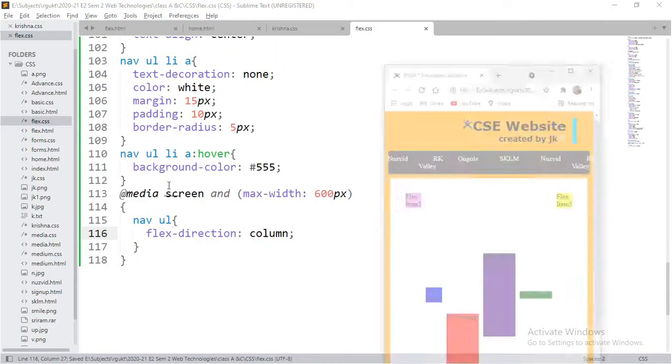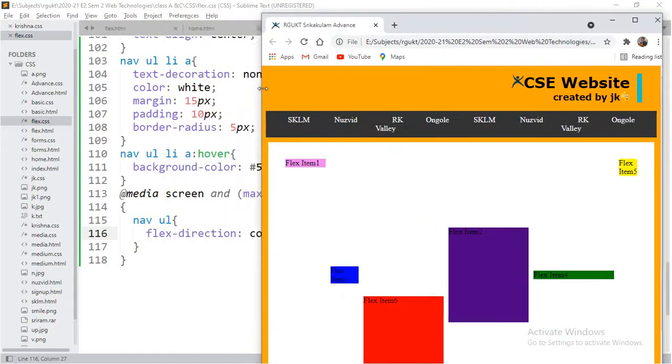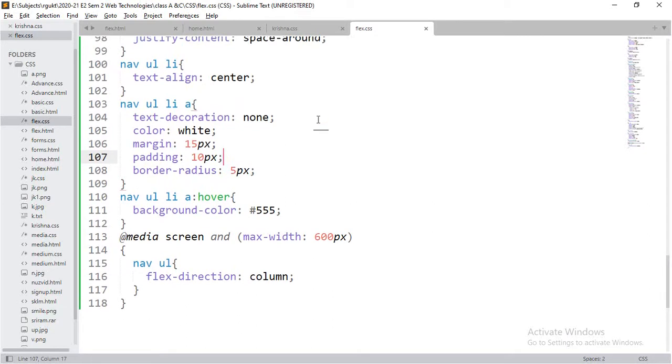You don't need to use all those. Observe, guys, like this you can use this. See, whenever you reduce the screen size, it is going to convert into this kind of thing. Fine. So I need to make some kind of alignment.